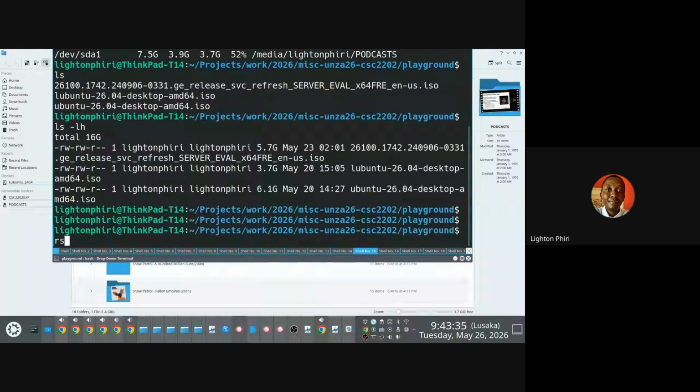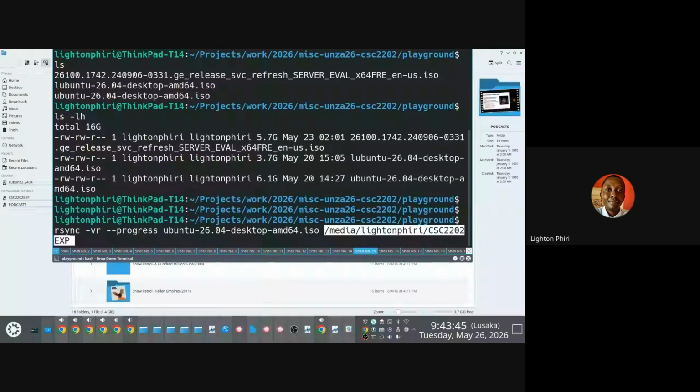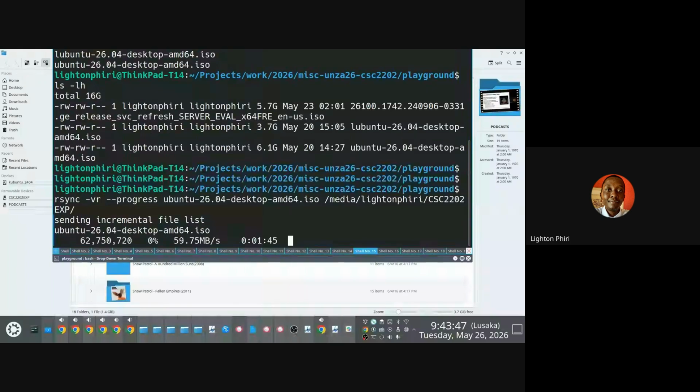So what I'm going to do here is use rsync so that we simulate this. I'm going to move this Ubuntu ISO file to this location here. I guess maybe things have changed or something. I don't know. But the idea is this,